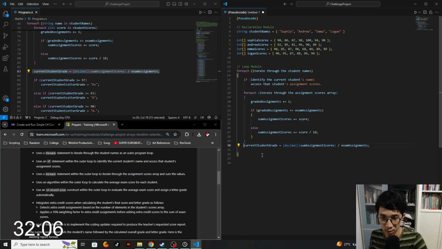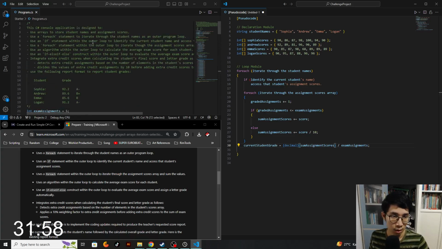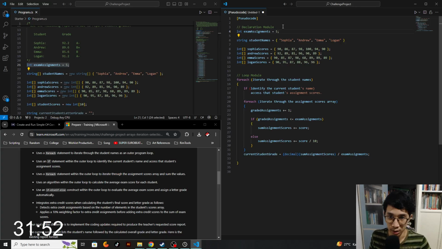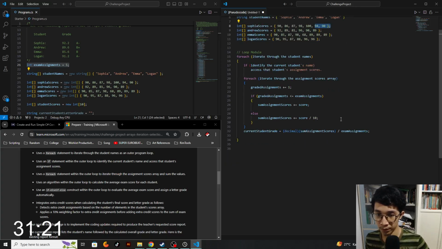So the current student grade. Okay, sum assignment score. So not to forget that we got the integer exam assignments equal to 5, because we will scan who are the exam score and who are the extra score. So we need to separate between the exam score and extra score. Exam score will be first priority and extra score will be the second priority, since it just worth like 10% of the score. So here,